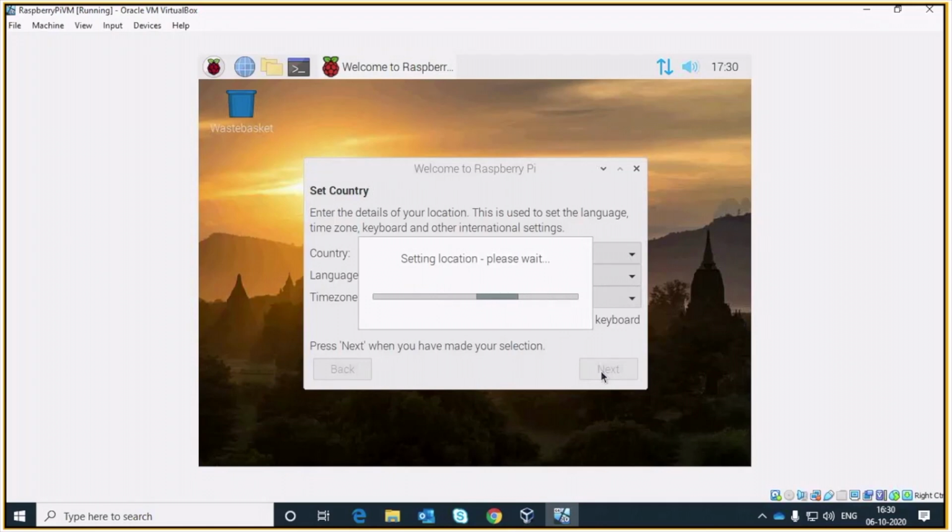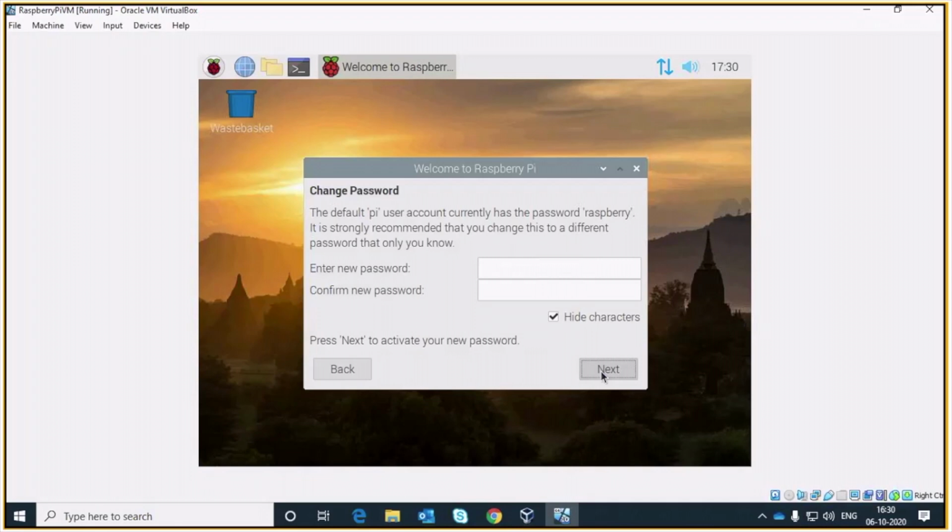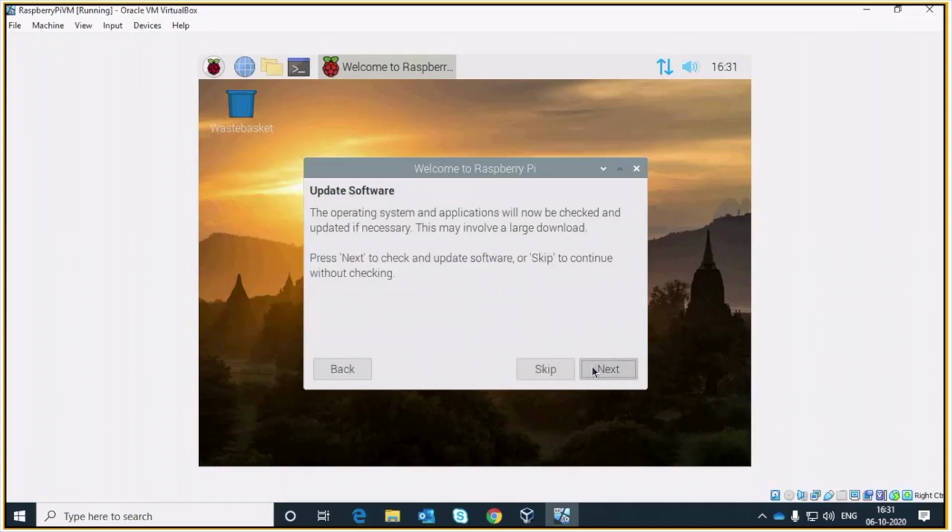So it will set the location and time for your Raspberry Pi OS. Now it is asking you to provide the user password. Set the user password for the Pi user. Pi is the super user, you can say it's a default user. So you can set the password for that and say next.